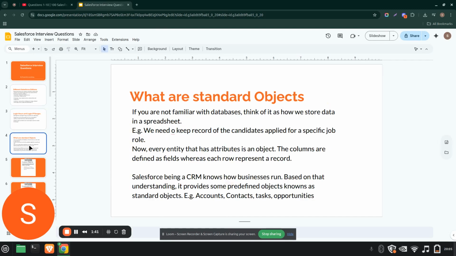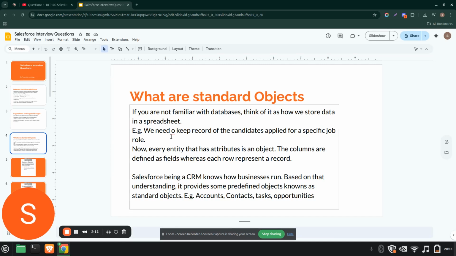And the next question is, what are standard objects? If you are not aware of how data is stored in a database, think of it as a spreadsheet. For example, there are candidates who have applied for a job, and their data is stored in the spreadsheet.